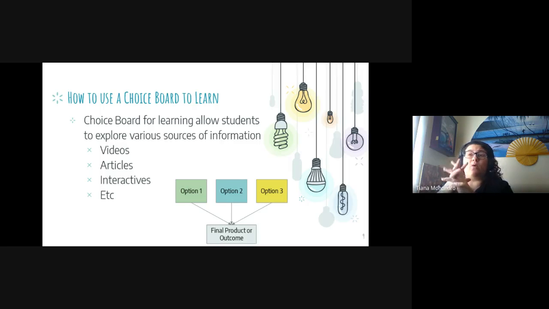You can tell them they only need to cite 1, or you could tell them they need to take information from 2 of the 5 choices and put them together for whatever that final product or outcome is. So for this, you tend to have different ways of learning, but it all funnels down into one final product or one final task that they're going to do